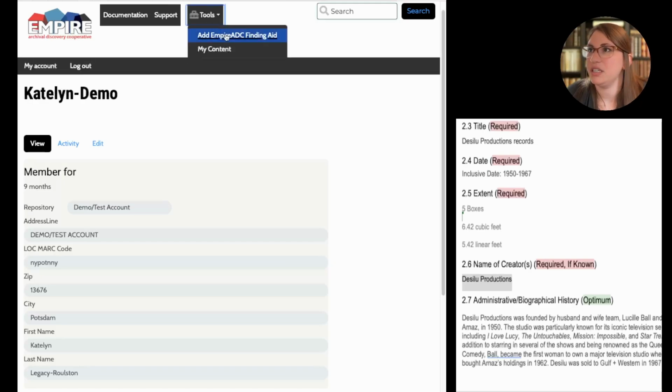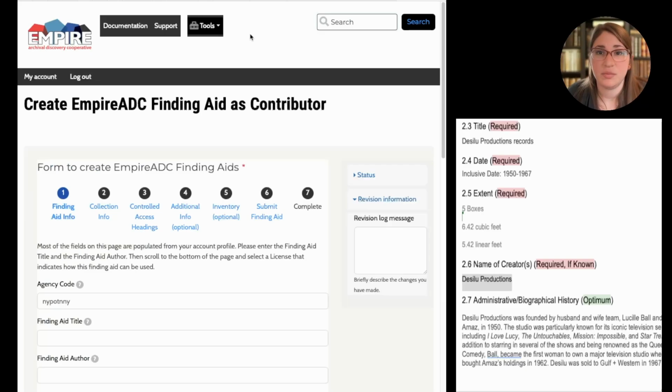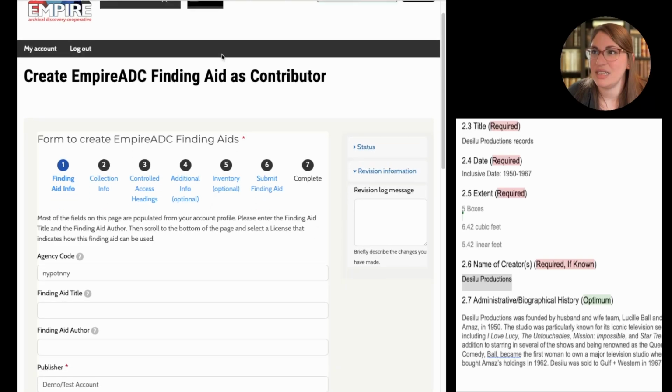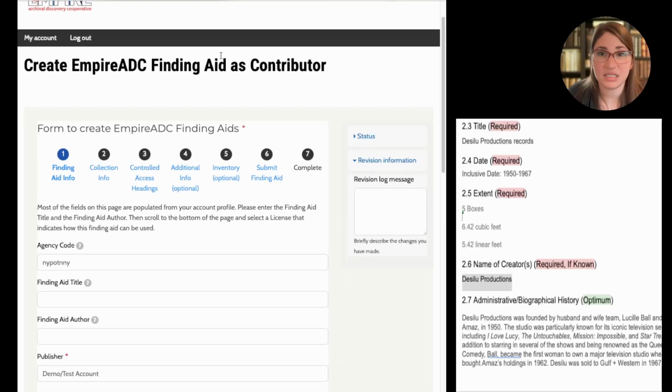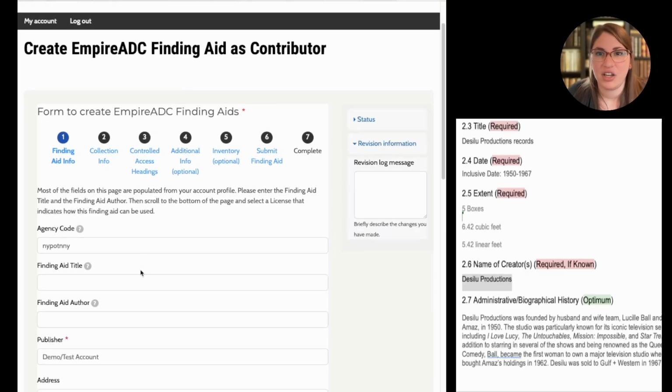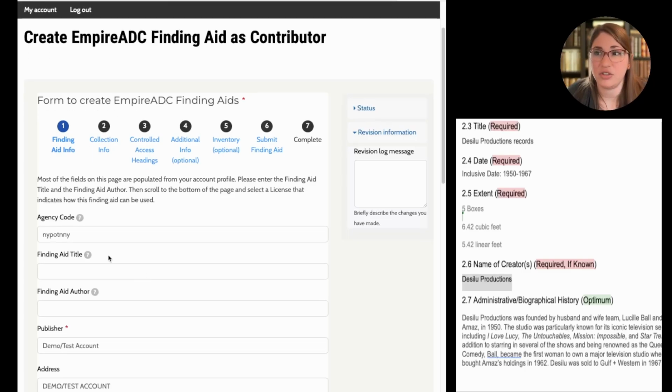And what happens is if you want to build a finding aid, you can go up to the tools at the top, at Empire ADC Finding Aid, and this tool is going to be available for the live class if you want to play with it a little bit. Basically in 2 to 3 steps, you're going to paste in all your data, the raw data that we've captured, and then you will have a completed finding aid that'll automatically be on the website without you doing any other work. You'll just be filling in these